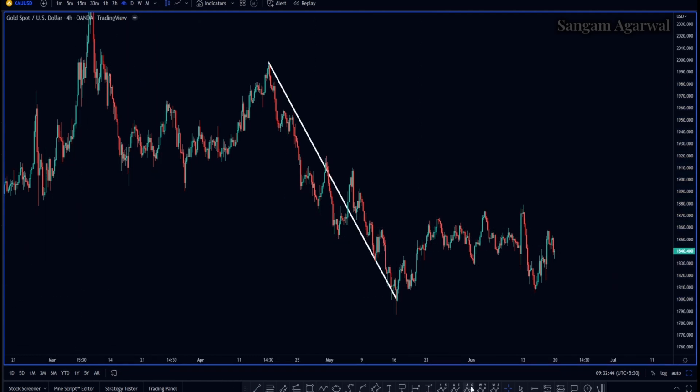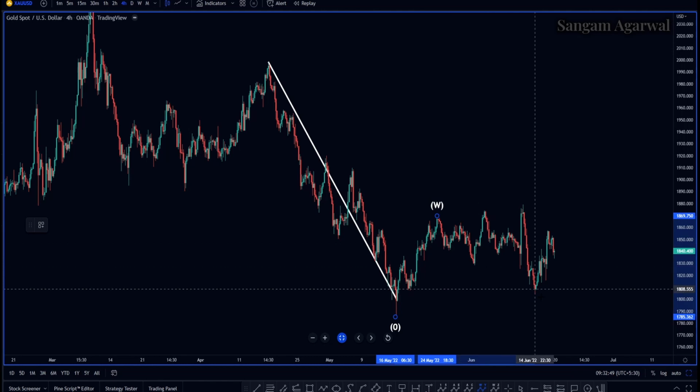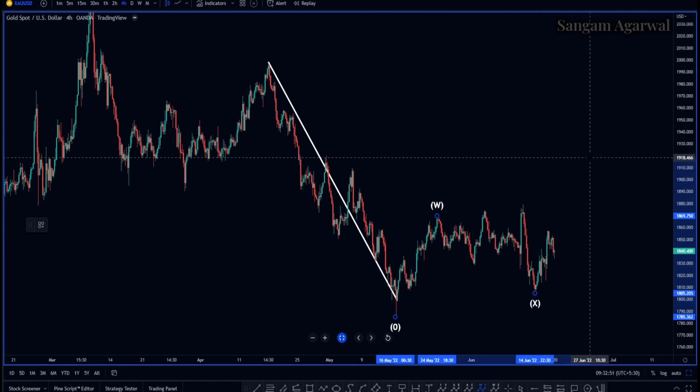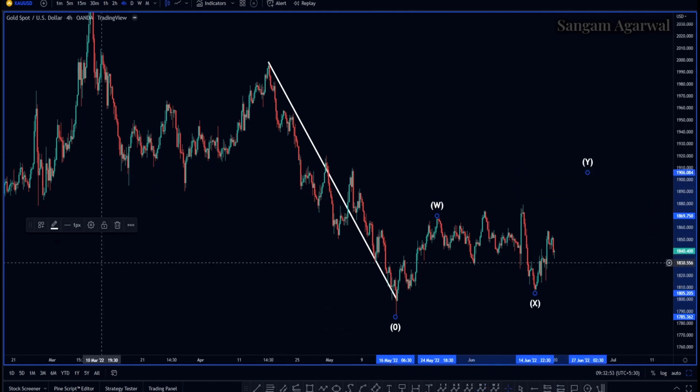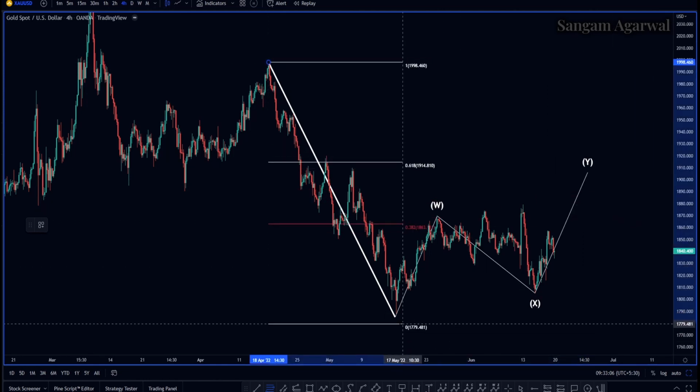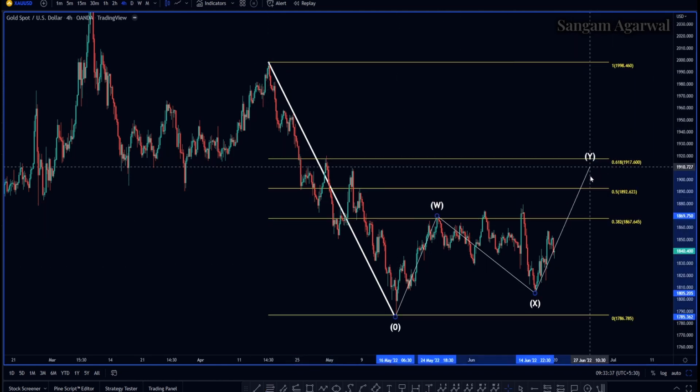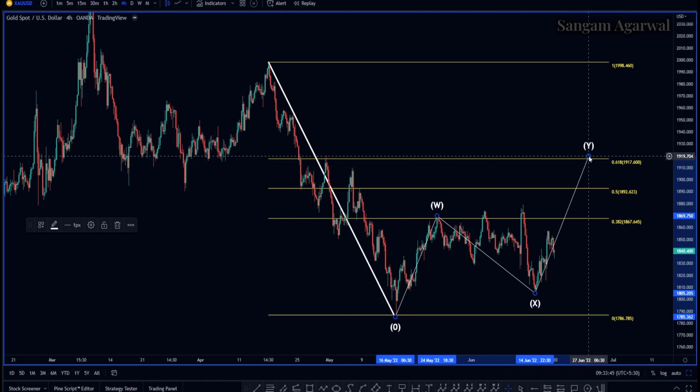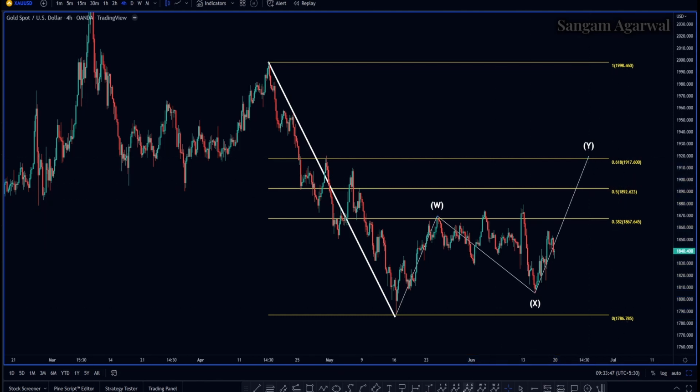It is not a chart pattern, but it can be a complex WXY correction which can make up to 50 or 61% retracement from 1892, and this is already a strong resistance